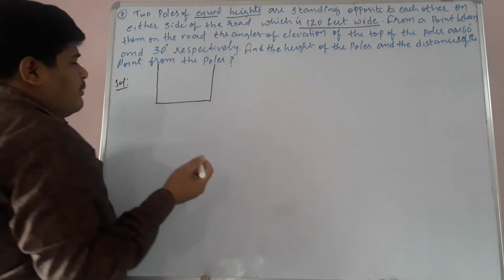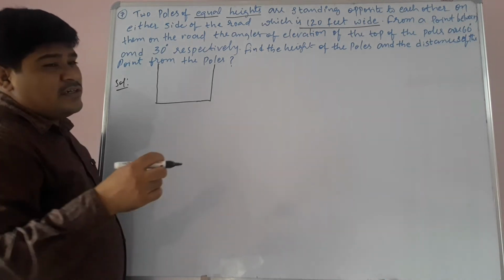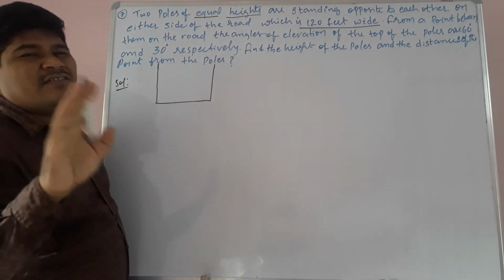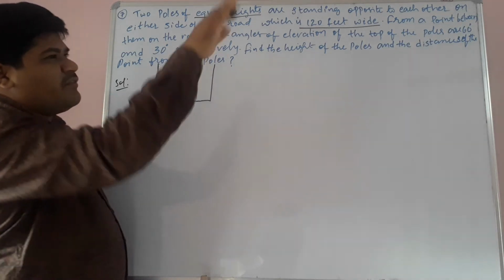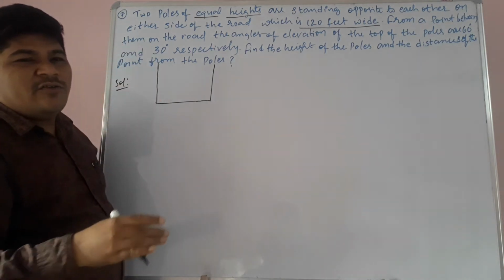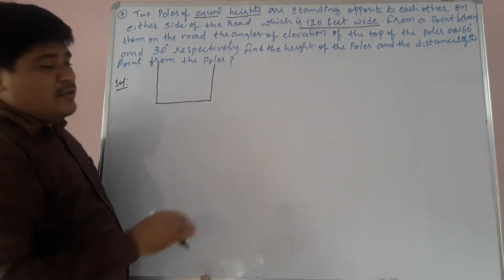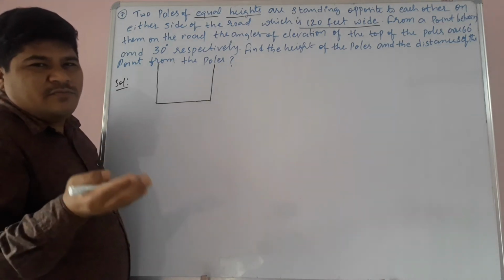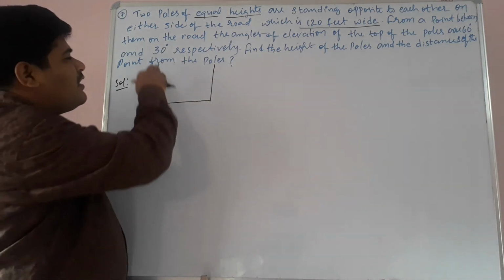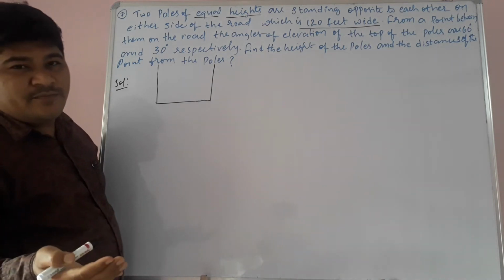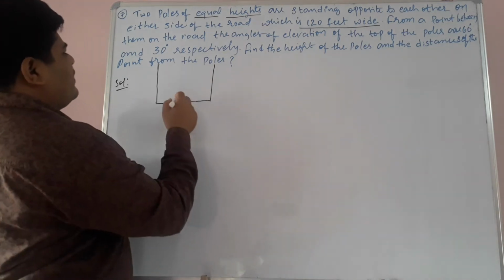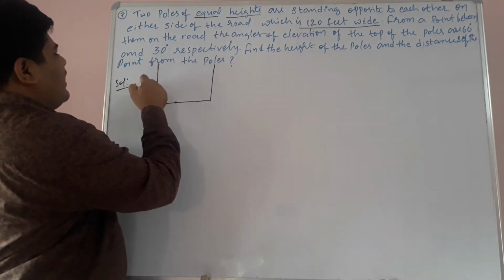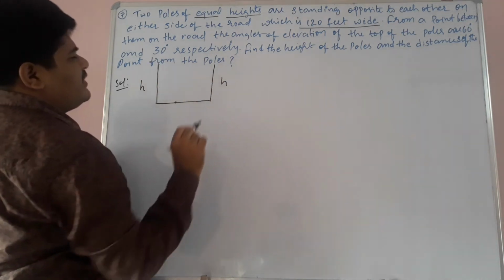So children, between does not mean that the point must be at the middle. It may be middle, it may not be middle. 100% it is not in the middle. Why? Because the angles of elevation are different, no? Where the poles have equal height. If he is exactly at the middle place, the angles of elevation will be equal. But here the angles of elevation of the top of the poles are different. So somewhere, like the point is here, and let the heights of the poles be h and h,